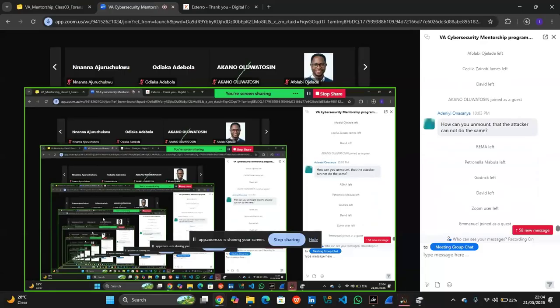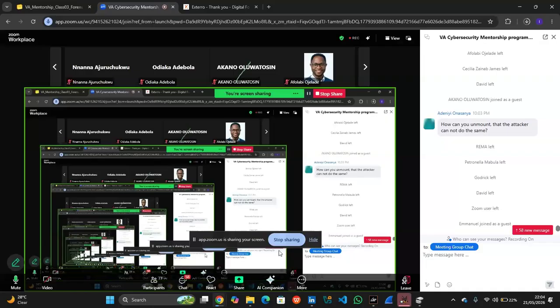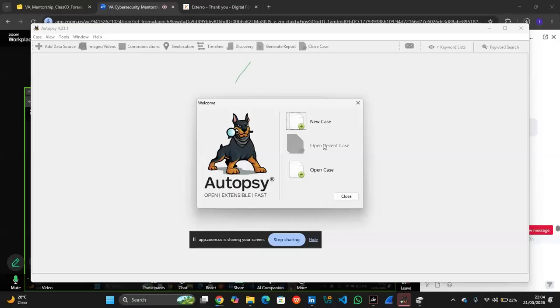So we have just limited. Let me just quickly show you guys what FTK. First, what you need to do is to create a new case in Autopsy, right? As I showed you guys in this particular slide. So I think I need to create the case before I can be able to expand it.